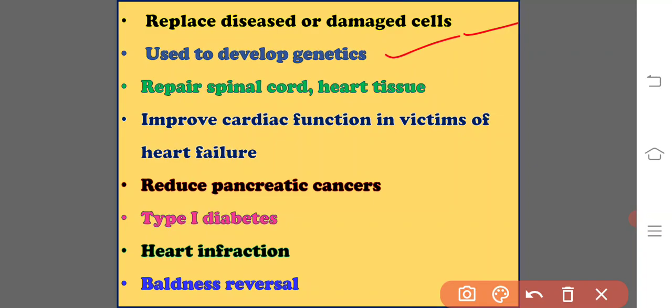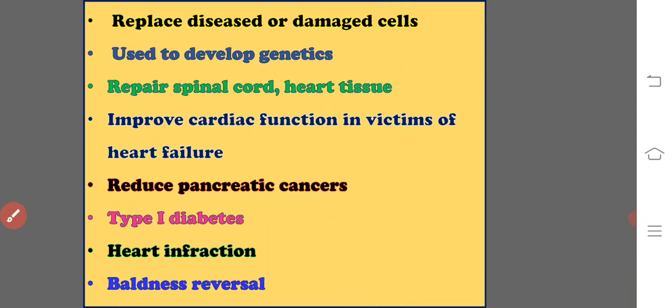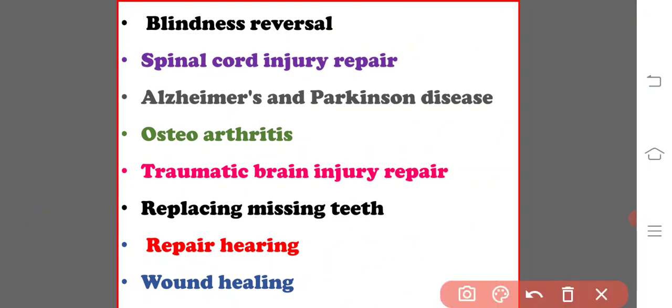They can repair spinal cord and heart tissue, improve cardiac function in victims of heart failure, reduce pancreatic cancers and type 1 diabetes, heart infarction, baldness reversal, blindness reversal, spinal cord injury repair, Alzheimer's and Parkinson's disease,